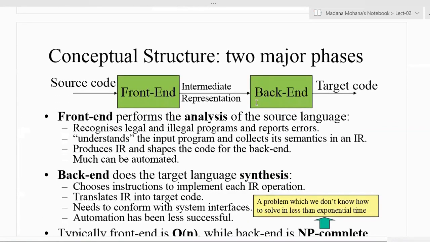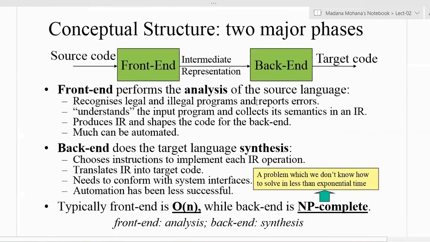Before seeing the structure, all the 6 phases of the compiler are divided into 2 major parts. The first one is called the front end. The second one is called the back end. The front end takes the first 4 phases up to intermediate code. The back end takes the last 2 phases, that is code optimization and code generation.